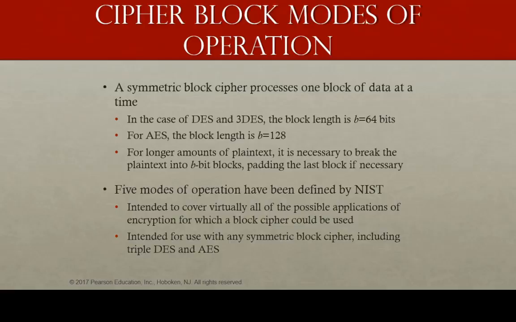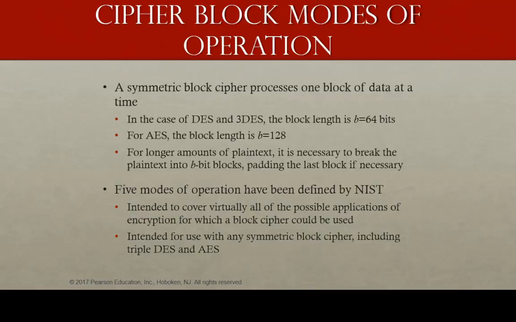Cipher block modes of operation. A symmetric block cipher processes one block of data at a time. In the case of DES and triple DES, the block length is 64 bits. For AES, the block length is 128 bits. For longer amounts of plaintext, it is necessary to break the plaintext into those bit blocks, padding the last block